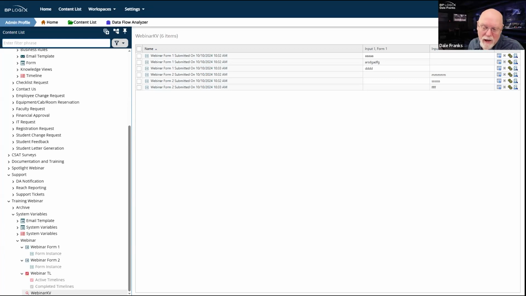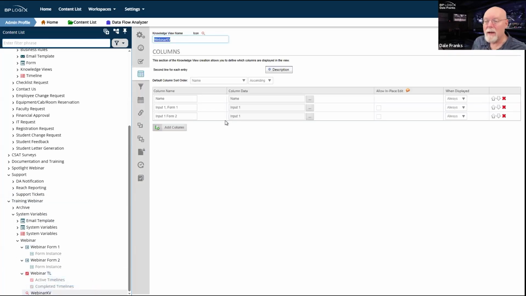because I'm going to end up with 2 form instances for everything. And to make it work via the UI, I've got to have separate columns for each of the forms, which I just don't like and I don't want to do. Happily, there's a fix for that. I don't have to do it that way. That's the way Process Director wants me to do it, but I don't have to.